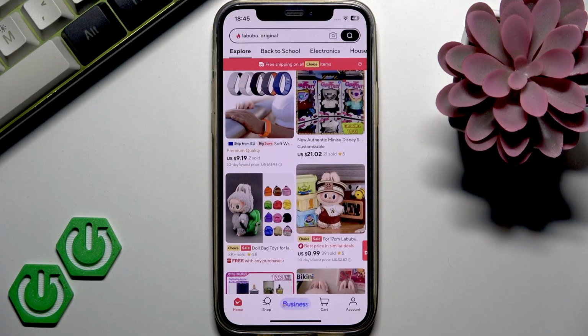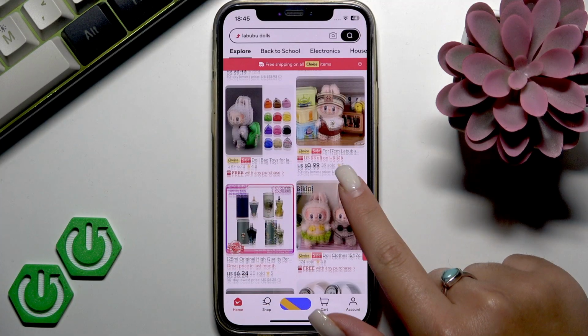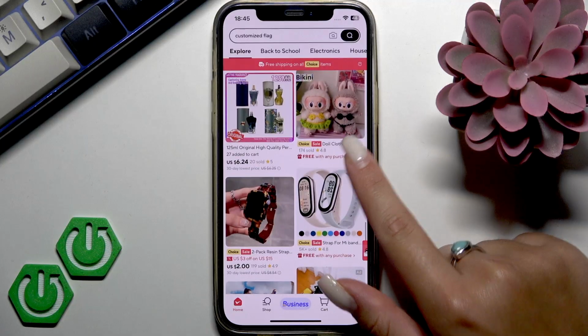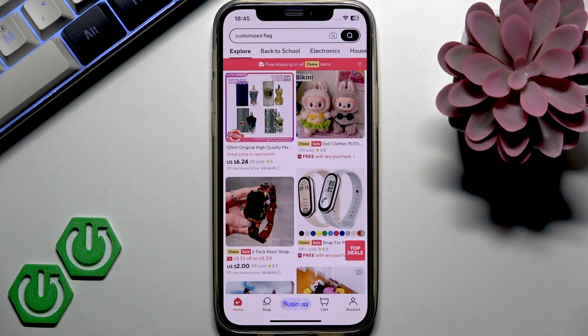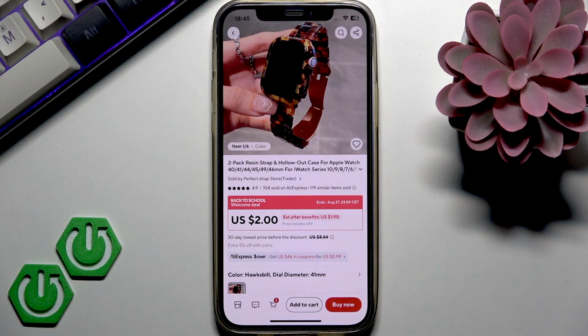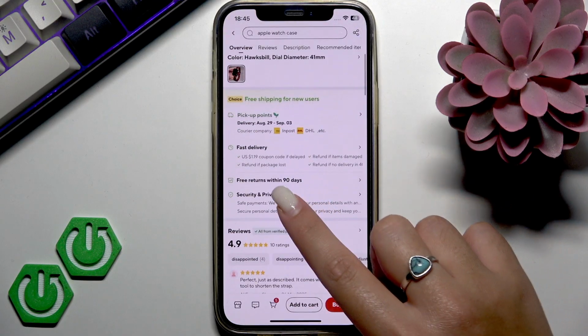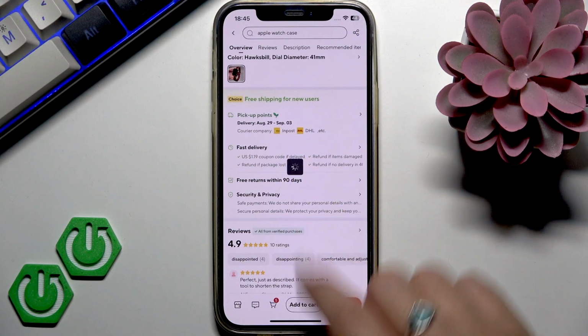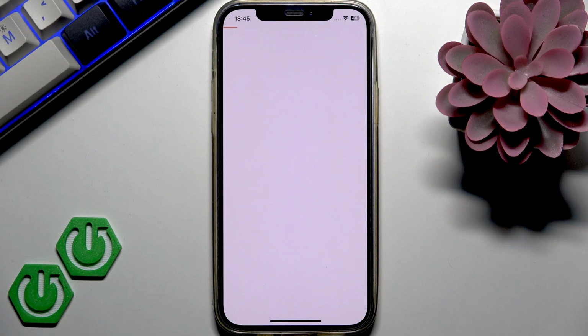So those were the main points on how to return an item to AliExpress, but if you have some additional questions and you don't understand something, now I will show you how to access some additional information. So at your homepage, access any item, it can be really any random item, then scroll down to section Free Returns right here, tap Learn More button,